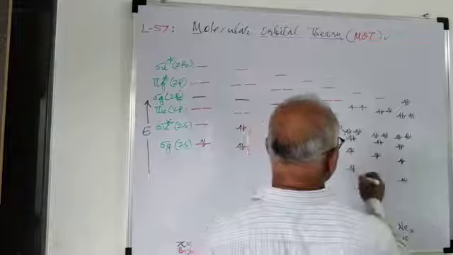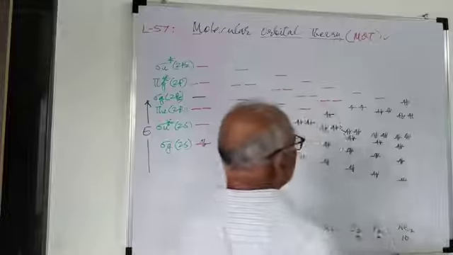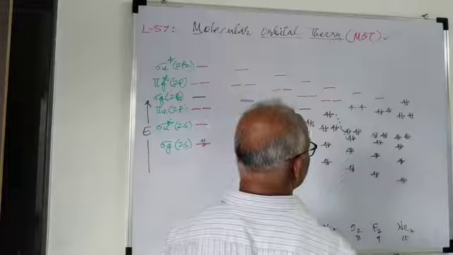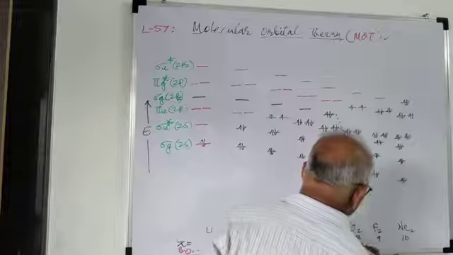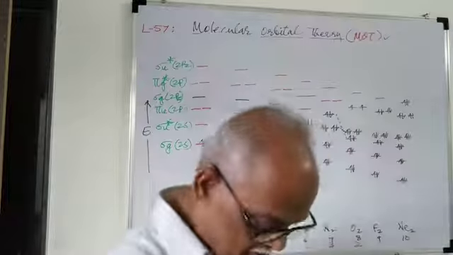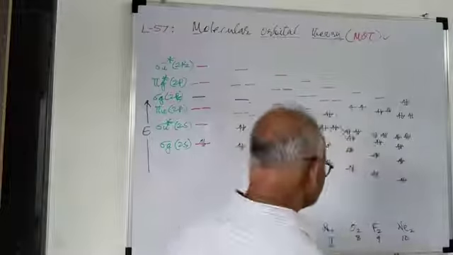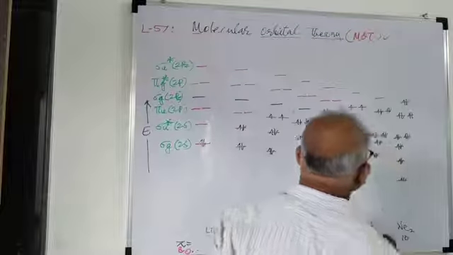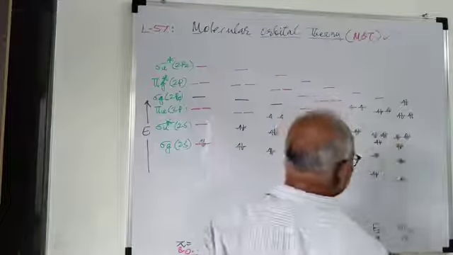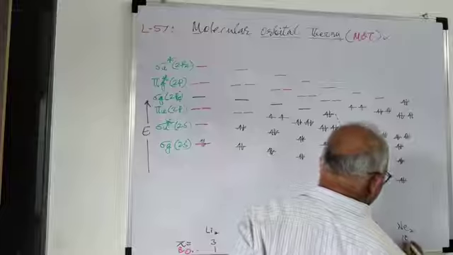As a result of this, we have bond order 2. So the bond order is here 2. Bond order is 2, and in case of this, the bond order is 1,